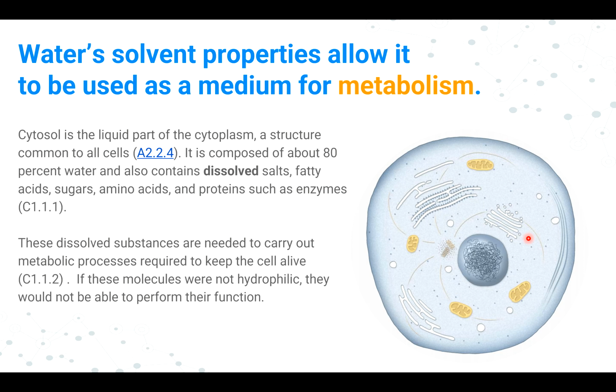And when we say solvent property, the best idea of this solvent property is to allow a medium for metabolism. So inside the cell, you will get lots of water. Around 70% to 80% of the cell contains water, and this water has everything: carbohydrate, fats, lipid, amino acid, protein, enzymes, sugar, acids, right? And of all these, some are dissolved, some are not dissolved. Those which are not dissolved are protected by some kind of layer from the water, and these dissolved substances are needed to carry out all the processes in the cell.